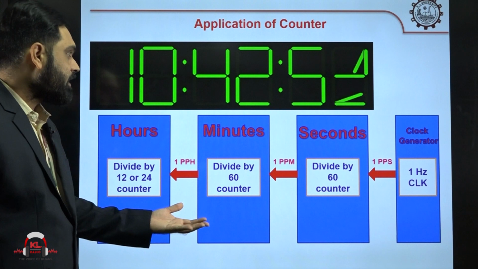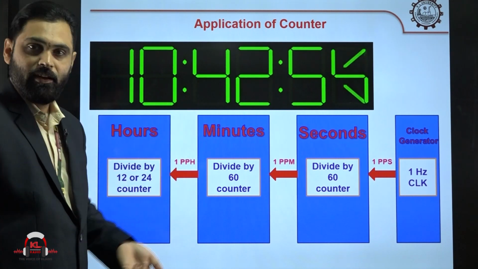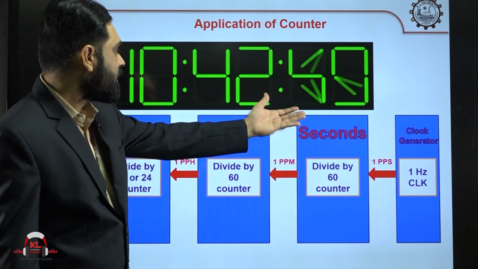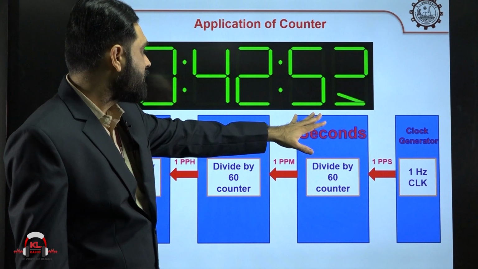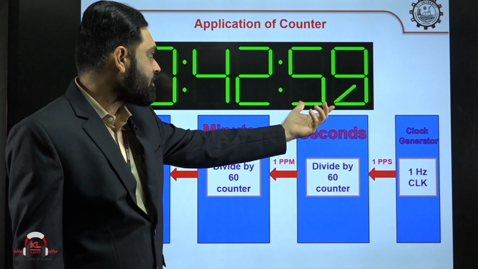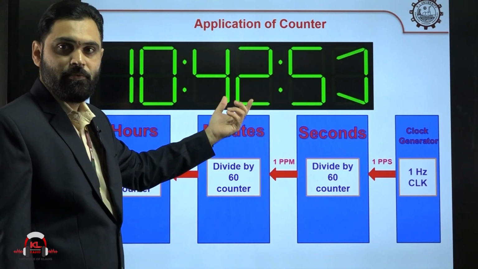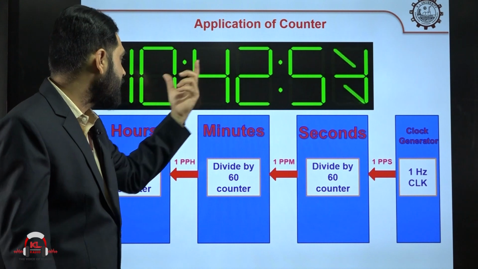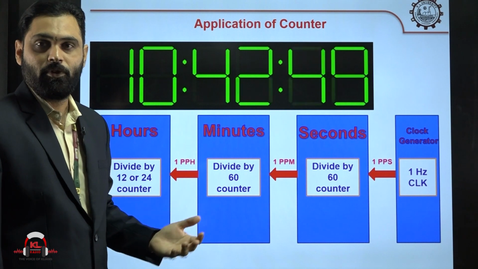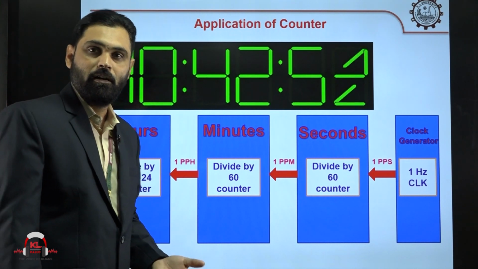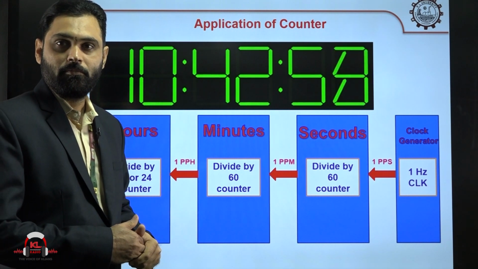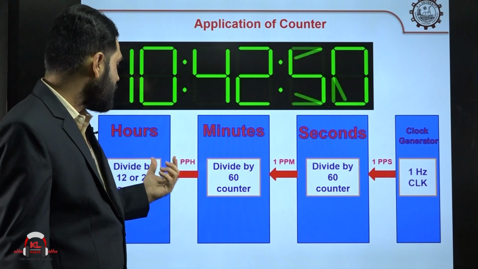And like that, just look at another example, another application. You want to design a digital watch, in the digital watch or in the digital counter. So, just look at here the seconds are changing, okay. So, 53, 54, 55 like that seconds are changing. So, whenever it reaches 60, then the minutes will change. Whenever the minutes reach 60, then the hours will change. Like that, if you want to construct a digital watch kind of thing, digital measurement, number of operations kind of thing, then we have to use these counters.